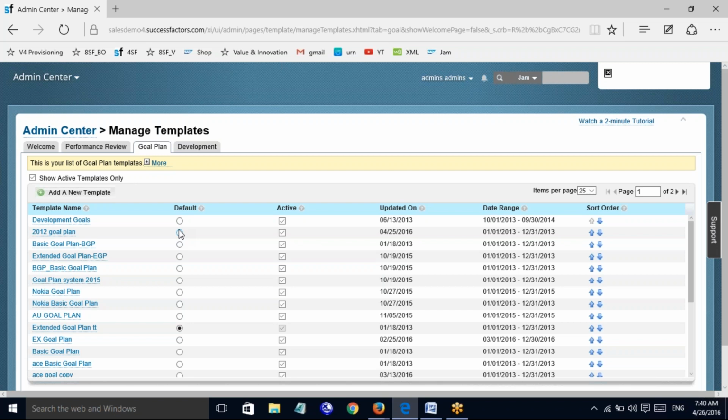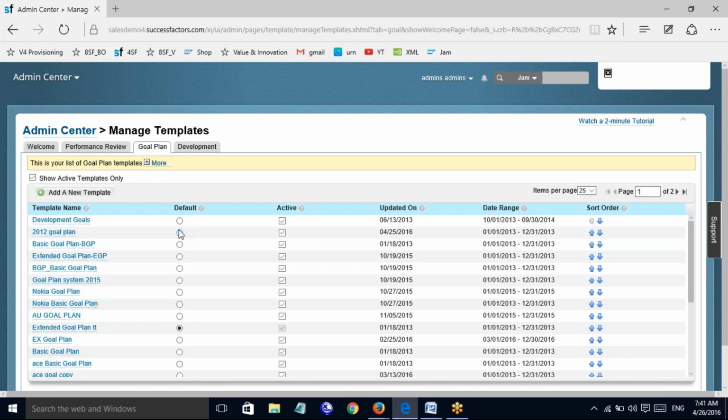But when you set that for the entire company, what happens? Suppose all the employees exist in the system and they have their own default goals, and I said here the default goal plan should be set for newly added users rather than for everyone. If you set a goal plan template for everybody in the company, what is going to happen? It is going to overwrite the previous goal plans for employees. It is going to affect all the default goal plans which were previously added for existing users.